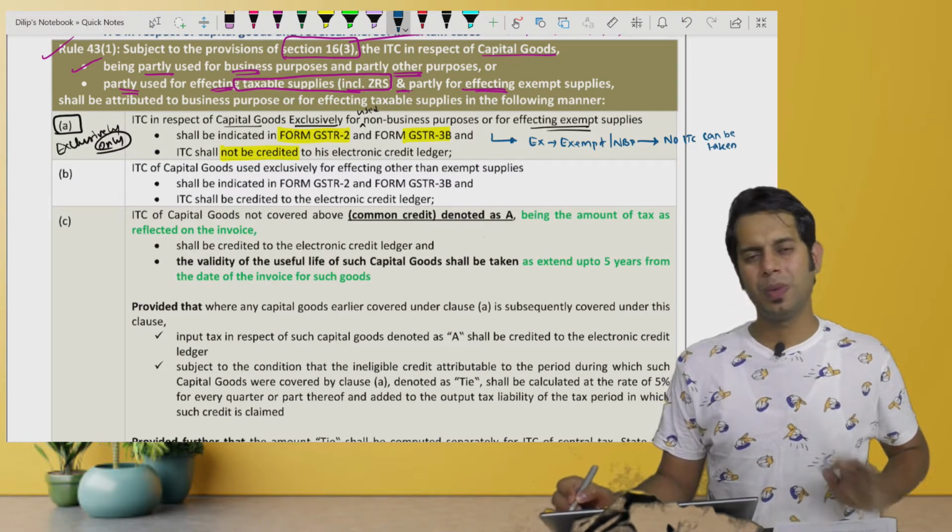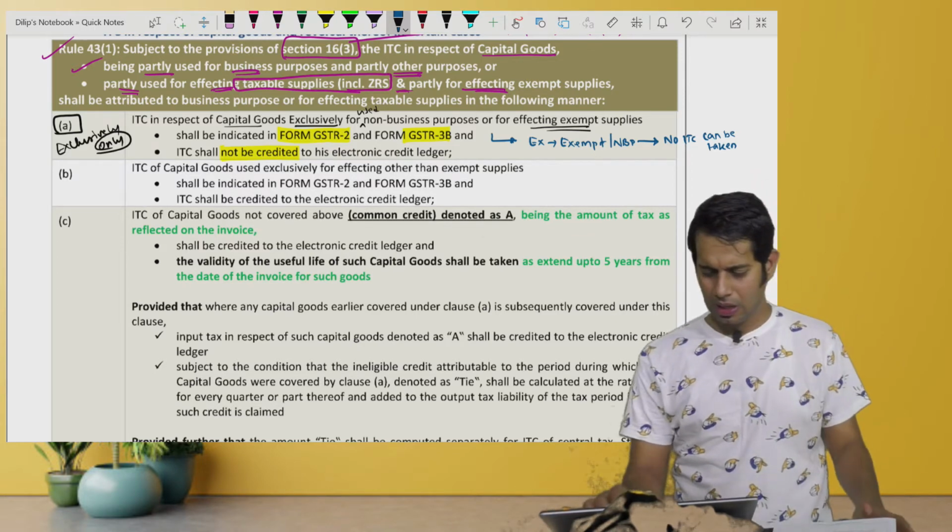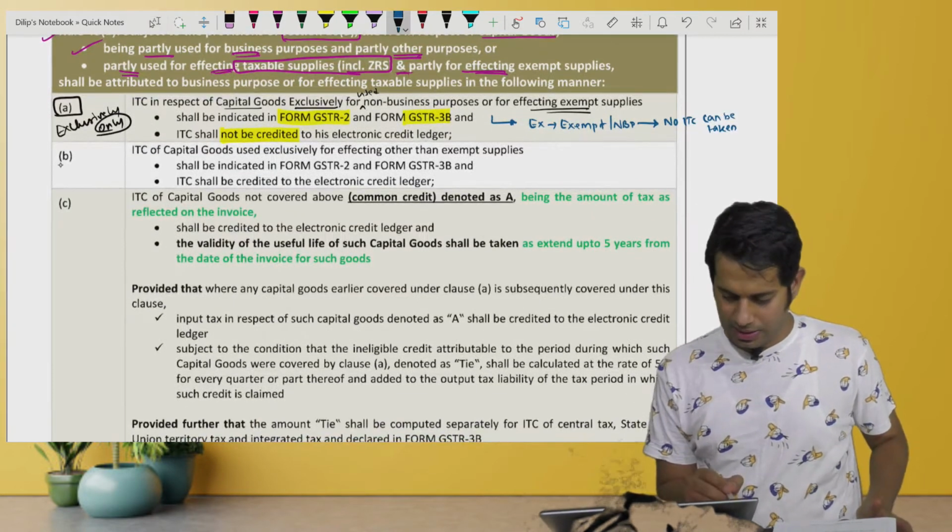Sir, not even 1 rupee? Not even 1 rupee. Straight away, the entire amount should be gone. Then, the second clause says,